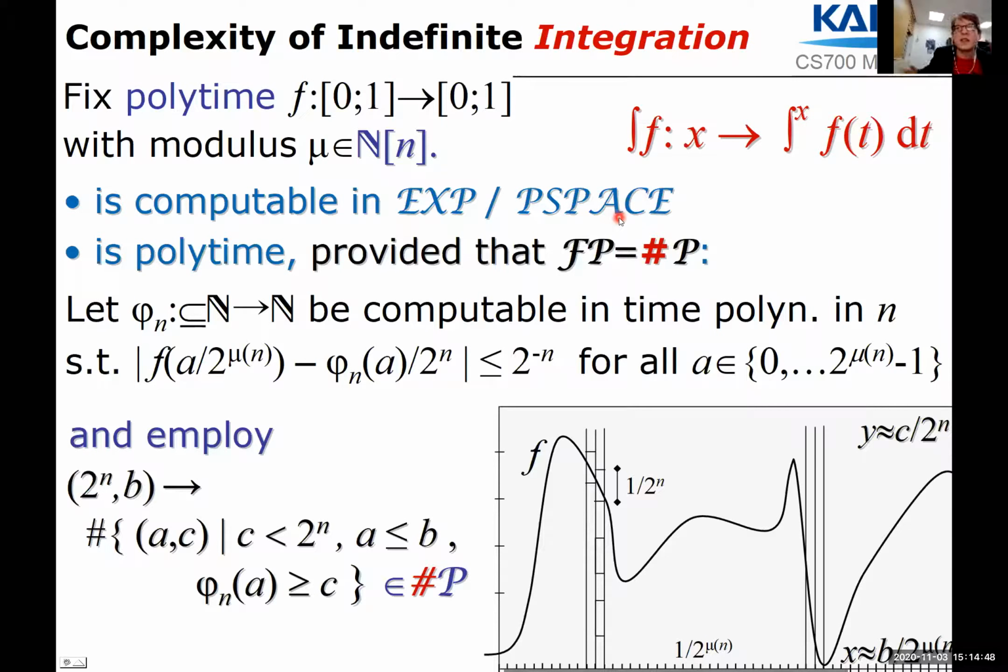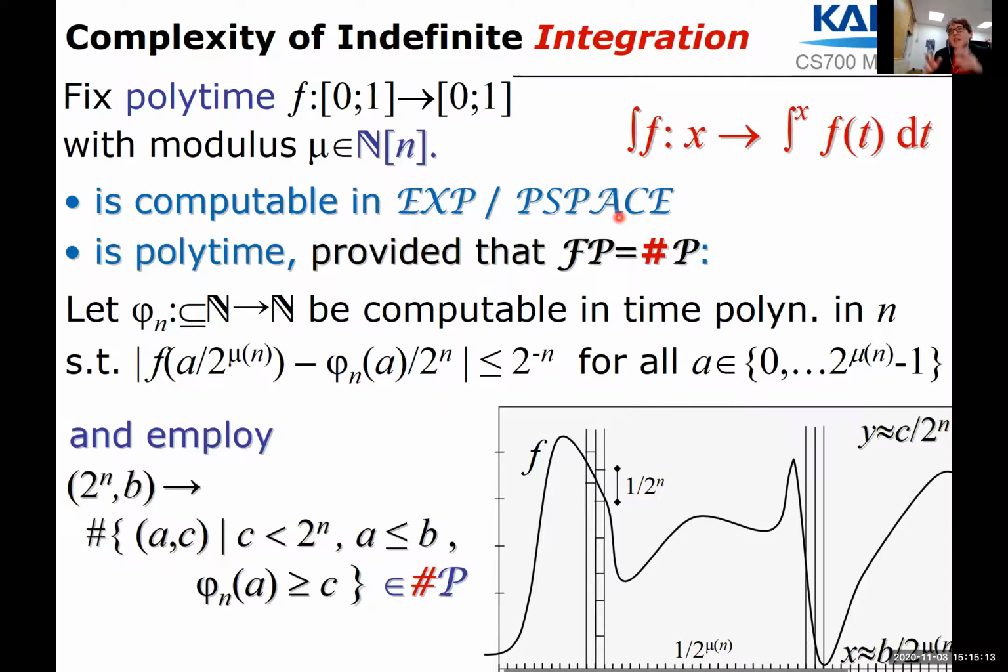And less formally, we're going to say that this is a sharp P algorithm for integration. Riemann indefinite integration is possible in sharp P, but this is only a matter of speech. There's not rigorously such a thing as a sharp P algorithm. Okay, and the proof of the statement,